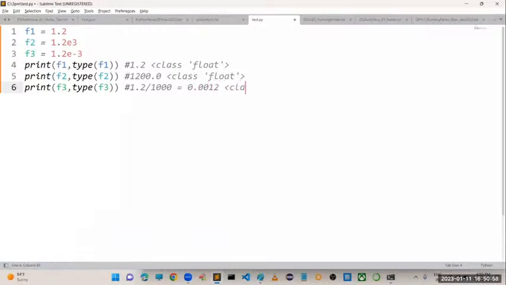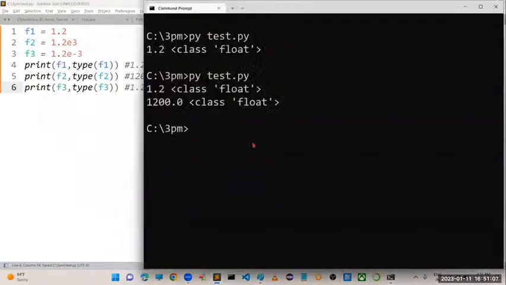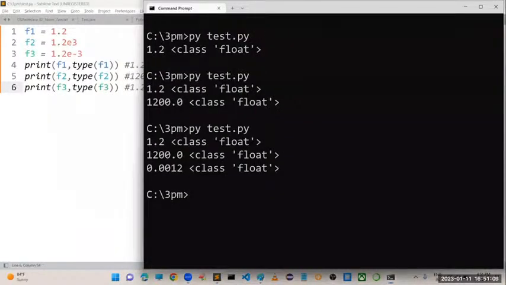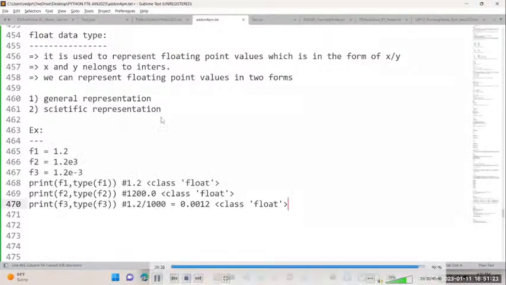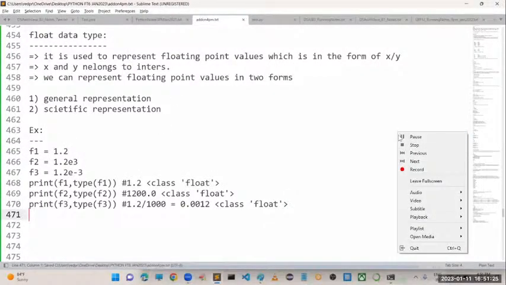If I am not wrong, we have to get this output as a result. Then our theoretical way and practical way are both the same. Sir, are you seeing 0.0012? Whether we are taking exponential power 0 or power 1, we have to check. Remember carefully, this is nothing but the different ways to represent floating point values.